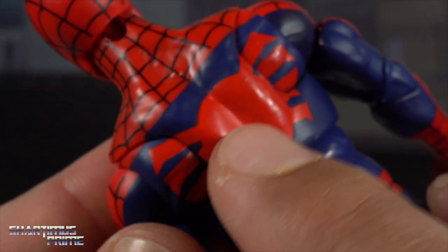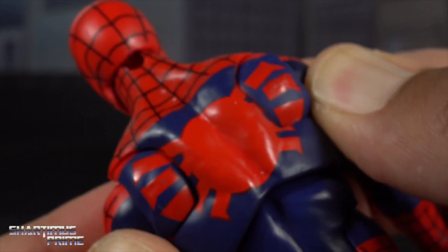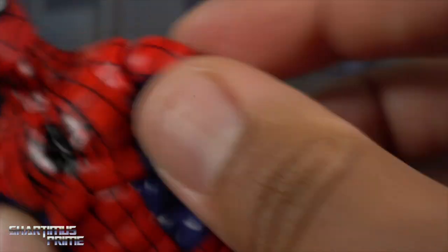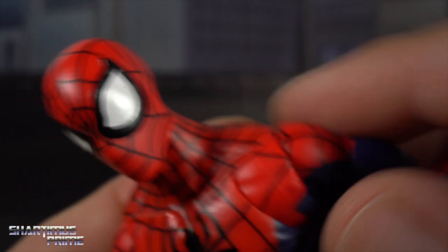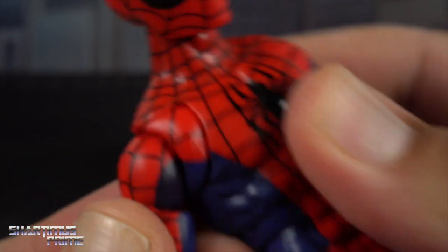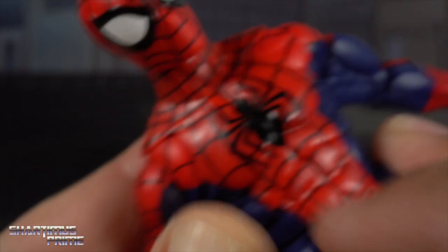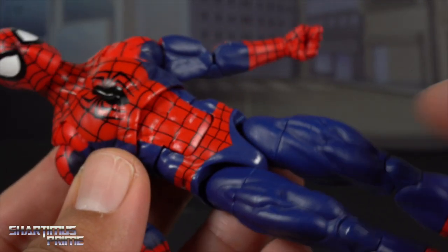And similar issue right here on the back. You can see the spider logo just looks gigantic, and there's some gappage right there with the legs. Also, another very minor gripe. I just wish they added an extra line right here in the butterfly joints. It stands out a lot more here on this side than on this side, but I feel like it's just missing one line. But getting those little gripes out of the way, I gotta tell you guys, I absolutely love